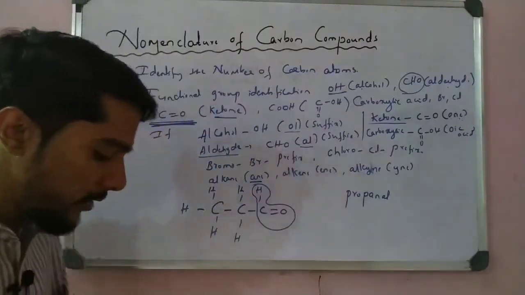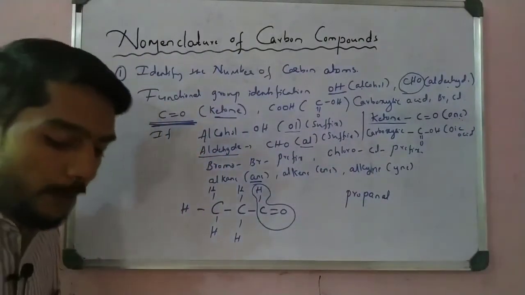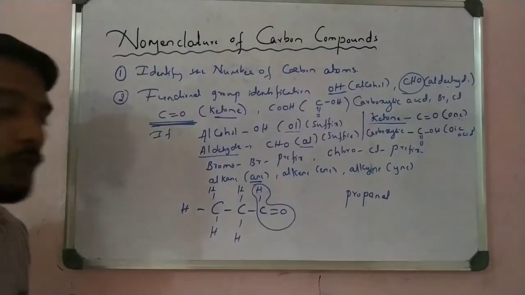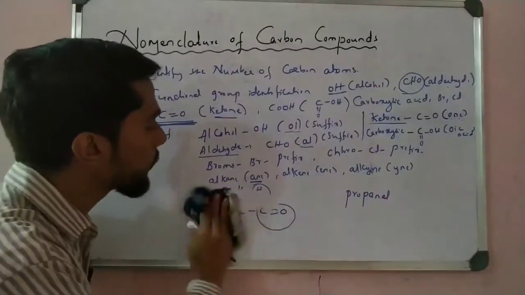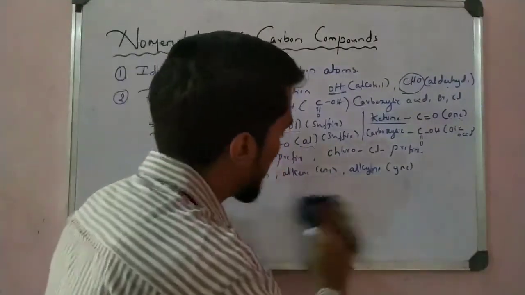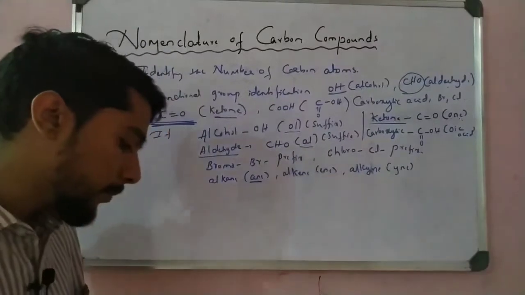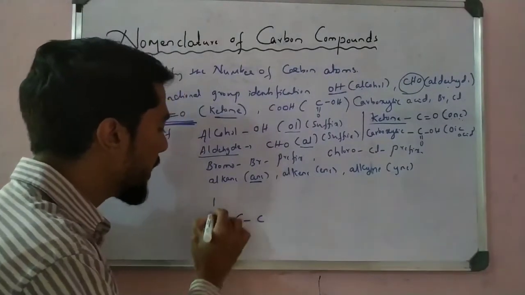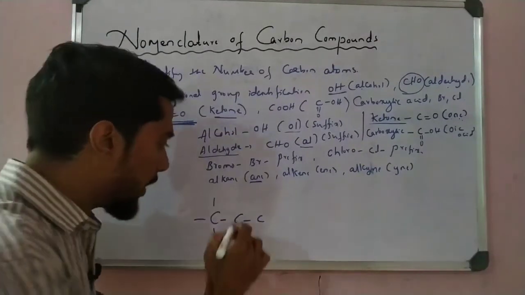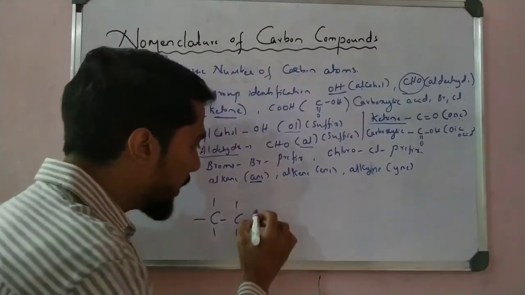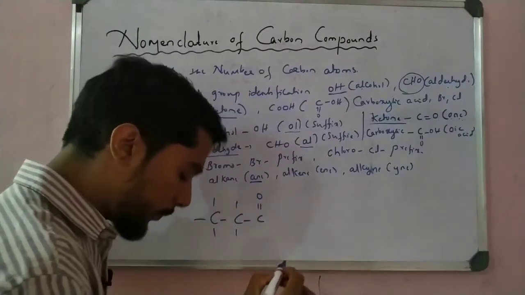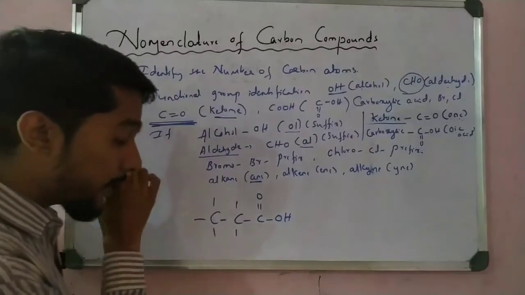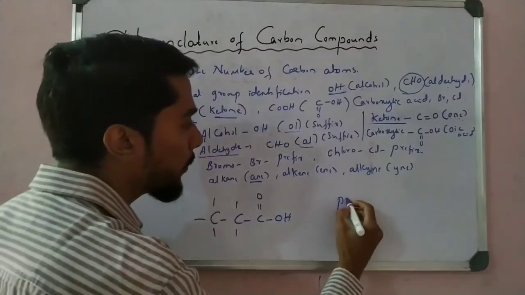Okay, so this is one example of how to name the compounds. So please write down this one. Okay, so I take another one. I remove this one. I take another example here, that is carbon, here hydrogen, and here also hydrogen, and here is a double bond O, COH. So now see how many carbons are there? 1, 2, 3. Okay, again prop.